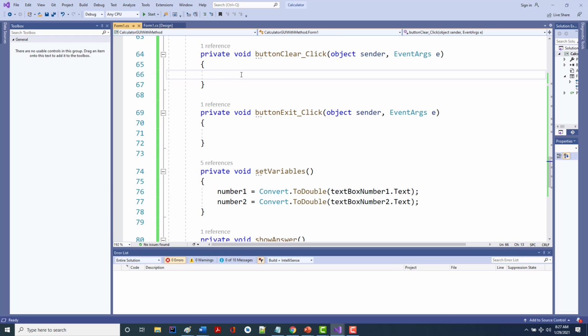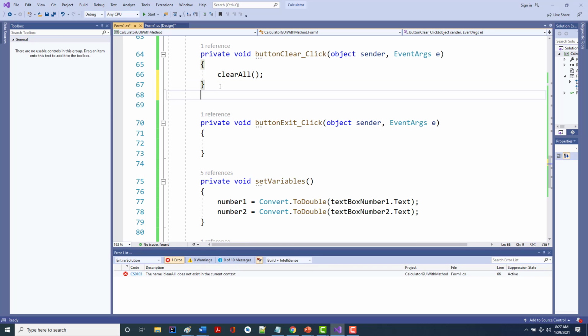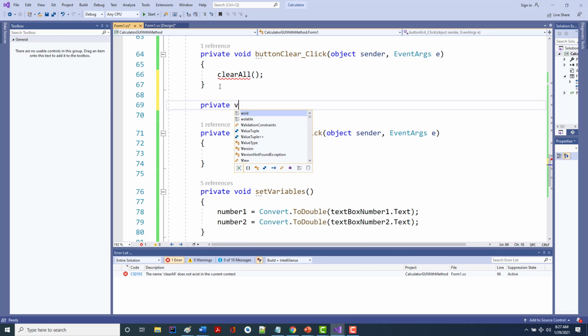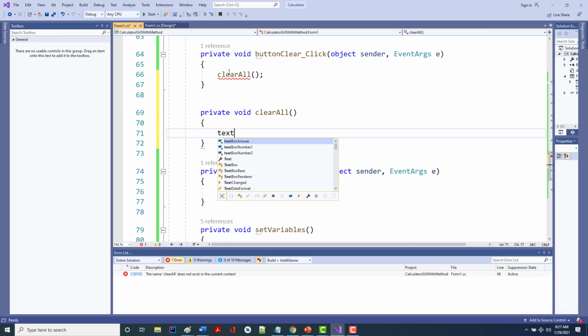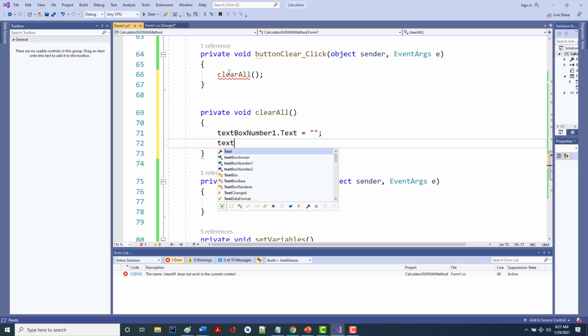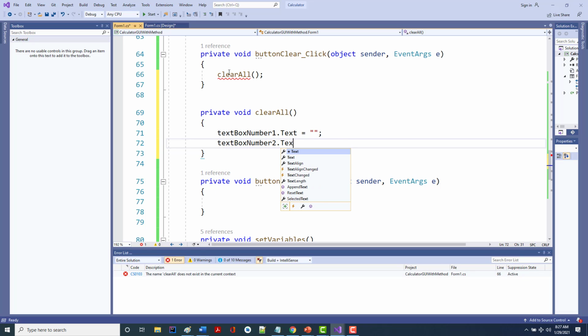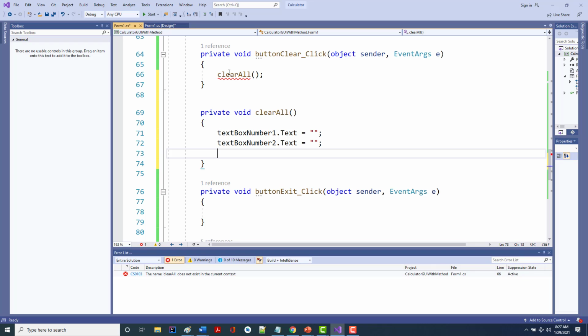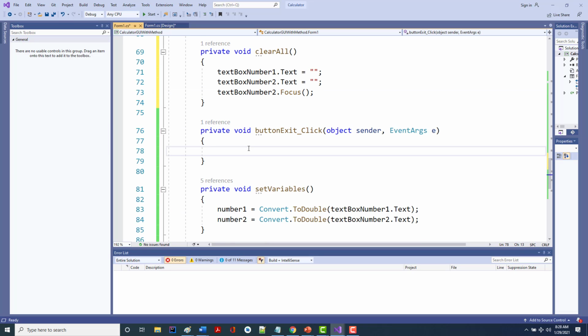All right. So again, I'm going to call clear all, which I haven't written yet. So I'm going to get an error. And private void clear all. And what am I doing in here? Text box number 1.text equals that. Text box number 2.text equals that. And text box number 1.focus. That's that, right? And then in the same way, I should be able to come down here and in my exit routine,